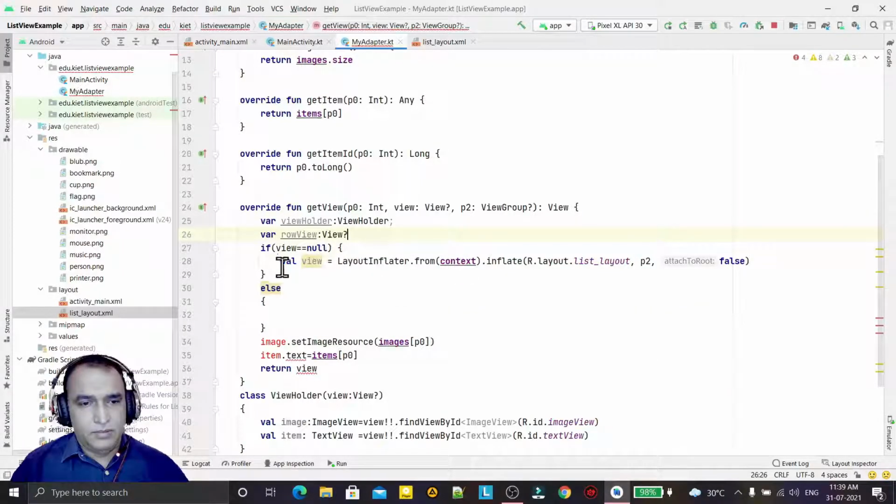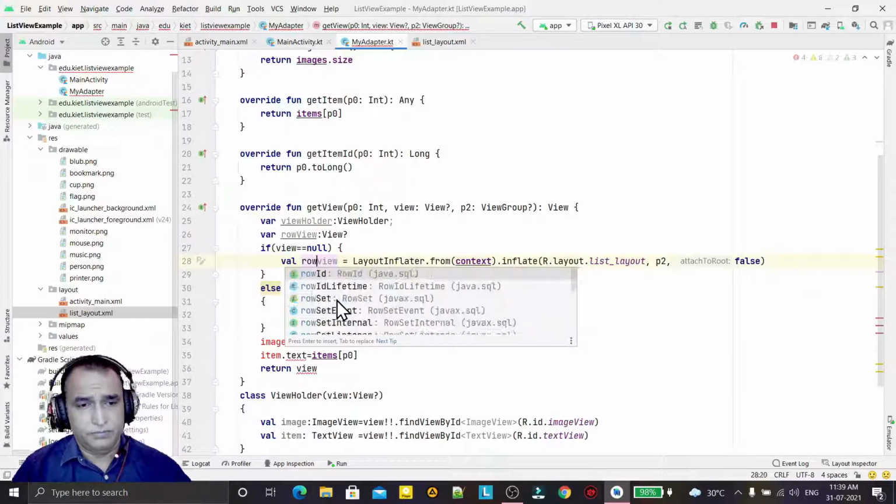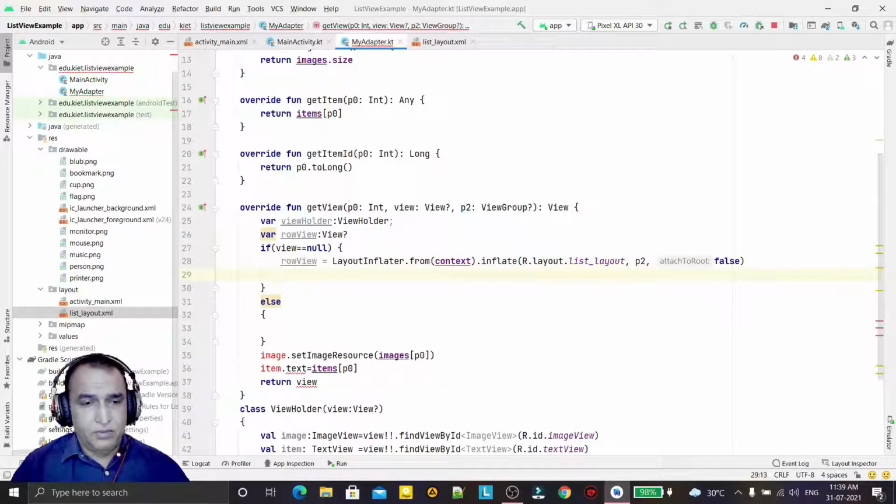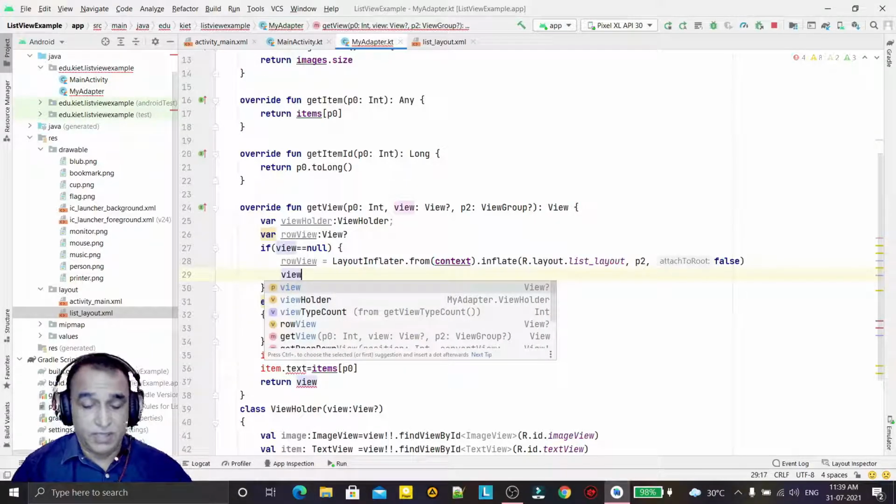Now this would be the row view, because this view is this one. So I created the row view, and here I just remove this. Now I will create the object of view holder class.